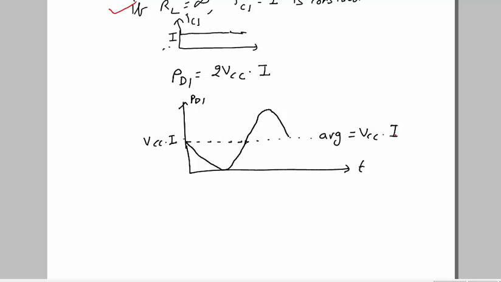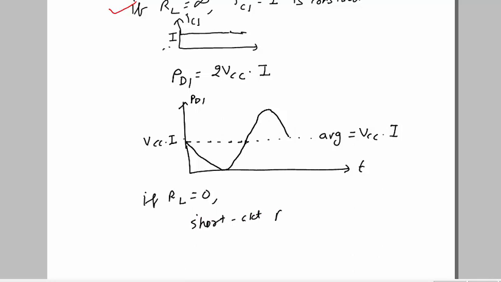Now this was when RL was infinite. Now if RL equals 0, then what will happen? RL equals 0 means the output is short circuited. So what will happen? A very large current may flow through Q1, and the resulting large power dissipation in Q1 can raise its junction temperature, causing Q1 to burn. To guard against this situation, the output stages are usually equipped with short circuit protection.